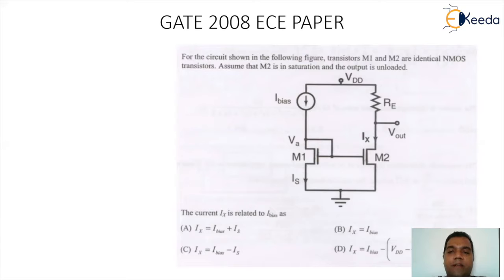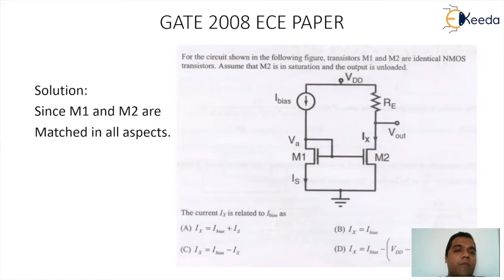As everyone is aware regarding the topic of current mirror, in the current mirror concept, we are going to use a concept where the output current and the input currents are actually matched. These concepts can be realized using BJT or FETs or MOSFETs, either of the logics. So now here, this question is from the topic of constant current sources, current mirrors. So let's have a solution for this.